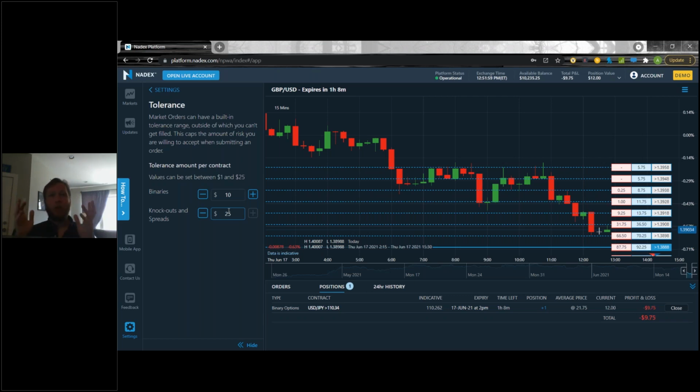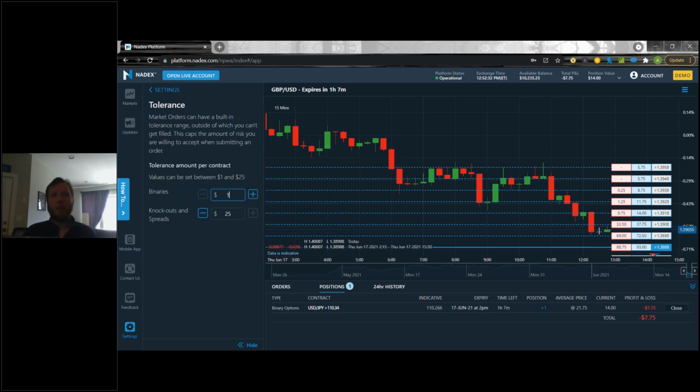So basically what will happen is, if that goes over $10 worse than your price, so let's say I wanted to get in at 40 and this drops to 31, well, that's within that $10 range. It will fill you at 31. But if it drops to 25 in that millisecond, it will not fill you. It'll cancel the order and allow you to place it in again. So basically it allows you, and I can move this up, I can move it down to 1. I think the max is going to be 25 and the minimum is going to be 1.